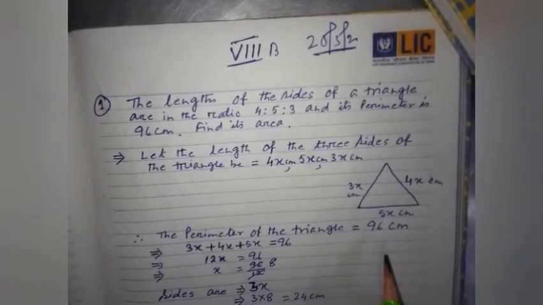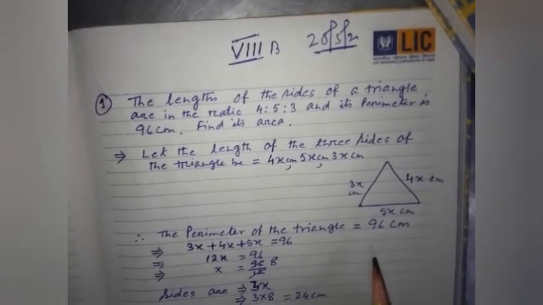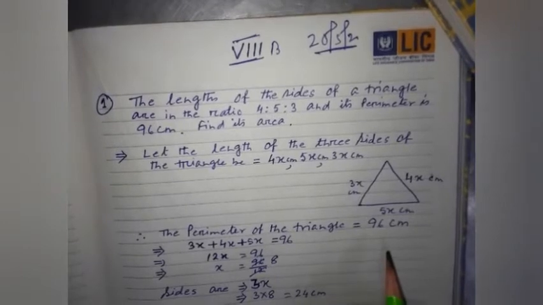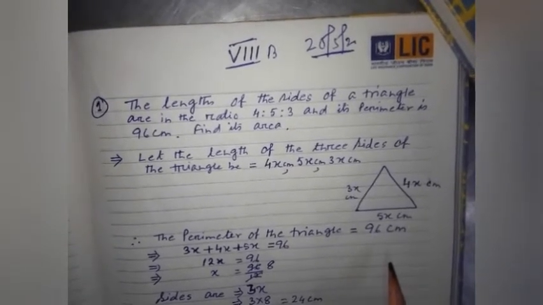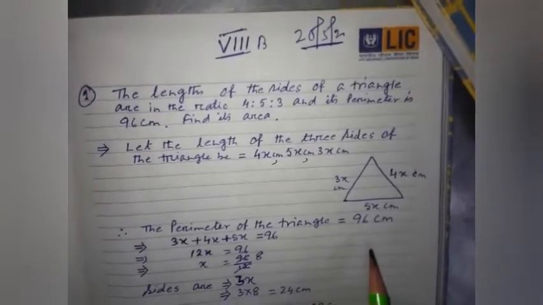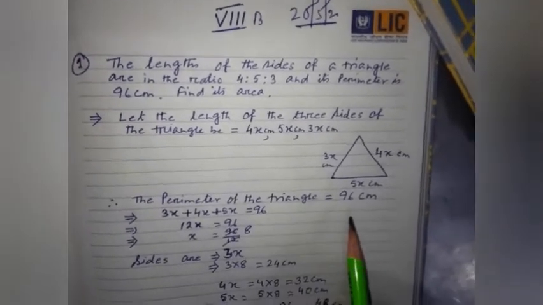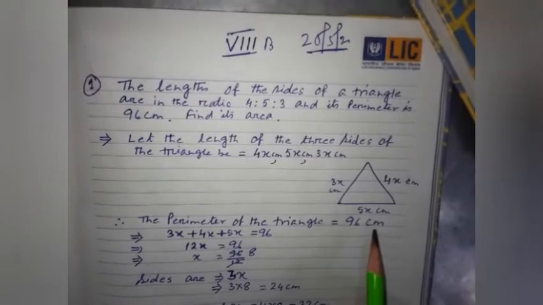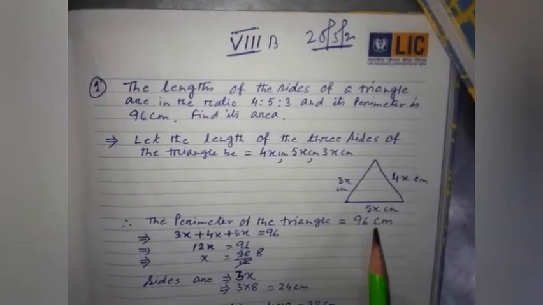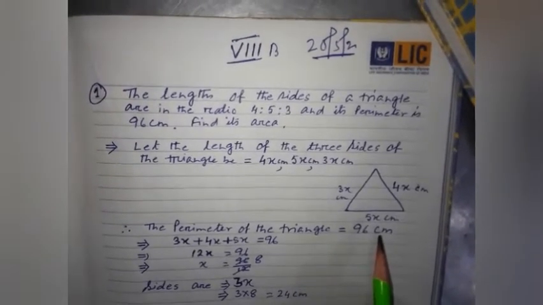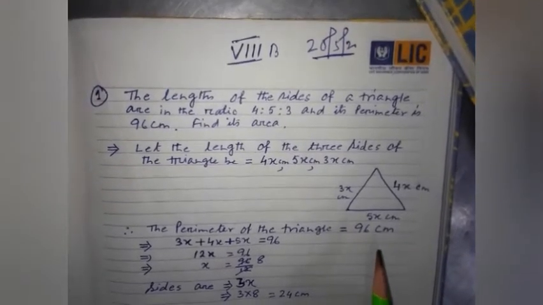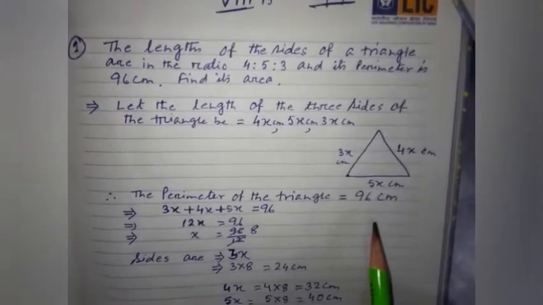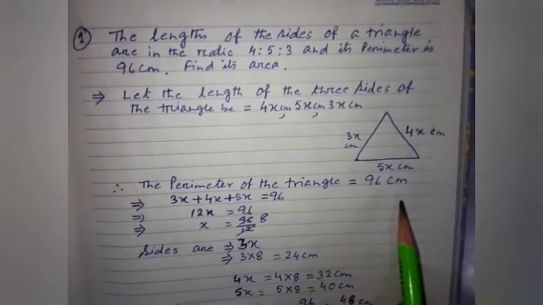And there I told you, the area of an equilateral triangle can be found out in two ways: by applying the formula root 3 by 4 into side square, or by the help of that particular formula where the lengths of the three sides are given, that is root over of s into s minus a into s minus b into s minus c. And there I told you what is s. S means half of the perimeter.